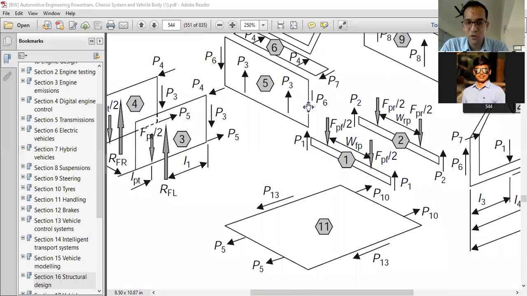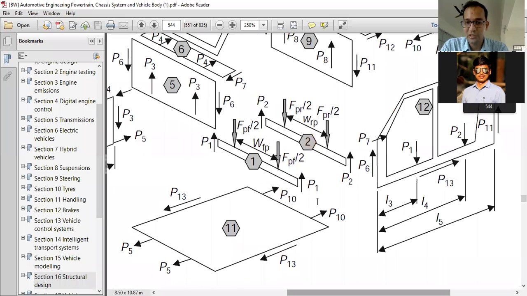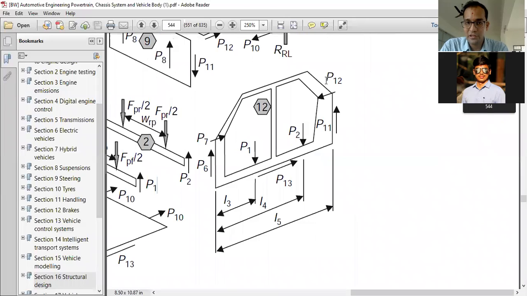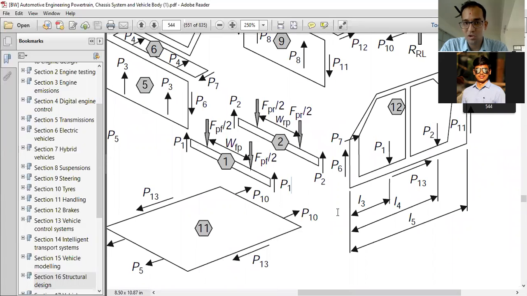For the floor panel, there will be another loading condition. Why am I showing this to you? In the side frame where the doors are mounted, there will be the reaction which is transferred from front and rear components. The channels, front channel and rear channel, are also having a certain loading condition. So what is going to happen?